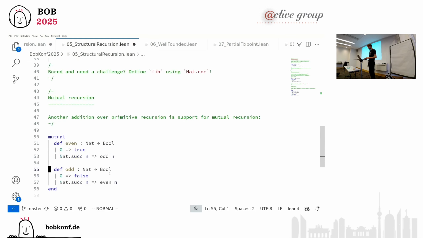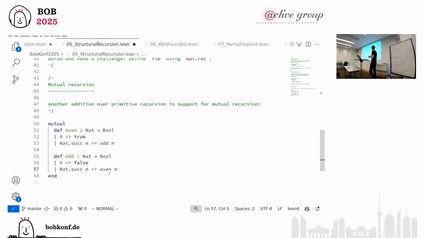Another addition where Lean does something under the hood to make you happy. Since I've implemented it, and I wanted to keep it on the slides, you can actually do mutual recursion. So we have 2 functions, even though they call each other. They are both structurally recursive, so the recursive call is on smaller arguments, or subcomponents of the arguments. But now there are 2 functions involved, but the recursor only gives you 1 function. There's a little bit of construction you can do under the hood, and Lean does that for you automatically. Small convenience. This is what I wanted to show you about structural recursion.